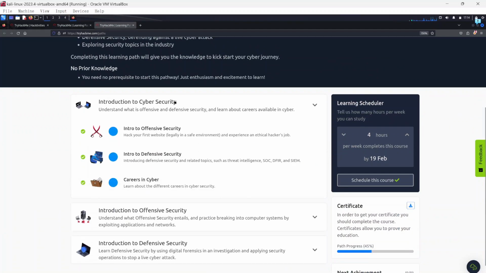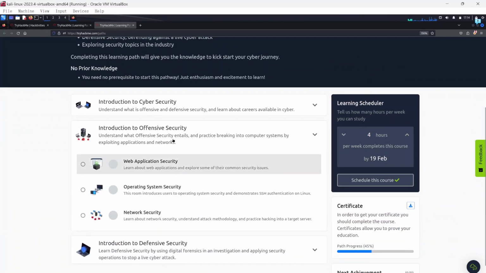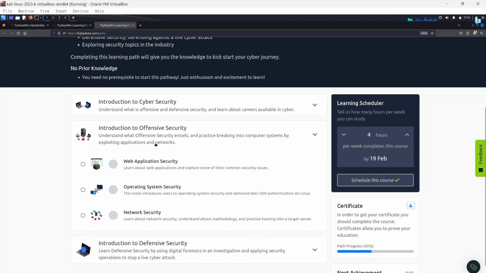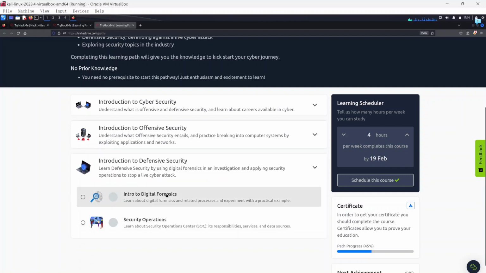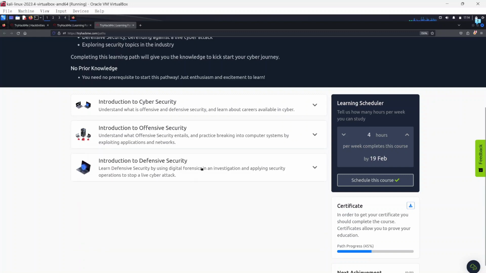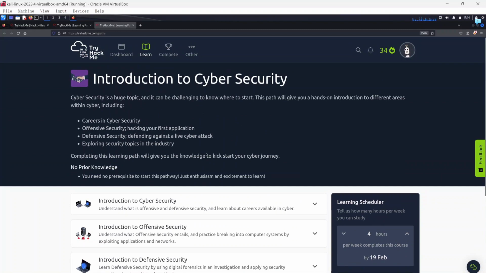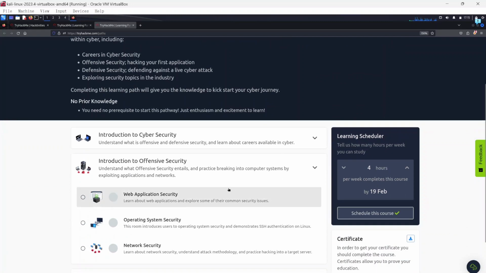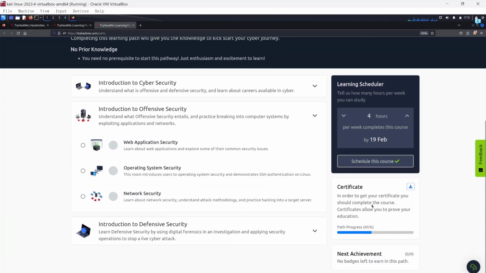I'll be skipping this module to start with Introduction to Offensive Security. Basically, this particular part is short, so it's basically Introduction to Offensive Security and Introduction to Defensive Security. This is just a video where I'm trying to revise what I've learned. I'm repeating this. I already cleared this particular part because I've covered it before. If you can see, I already had a certificate before that's downloadable, but I'm still going to go ahead now